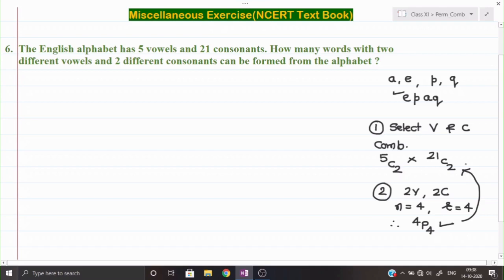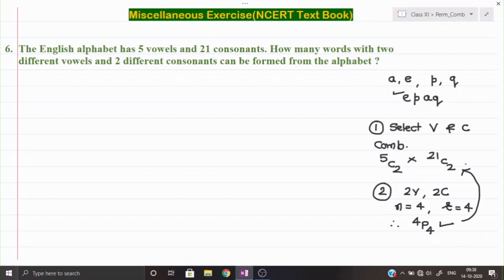The process is not over. During the process, whichever parts come, whether a part of combination or a part of permutation, we have to multiply them all. If one process can be performed by this way or by this particular way, wherever the word 'or' comes, we have to add them.